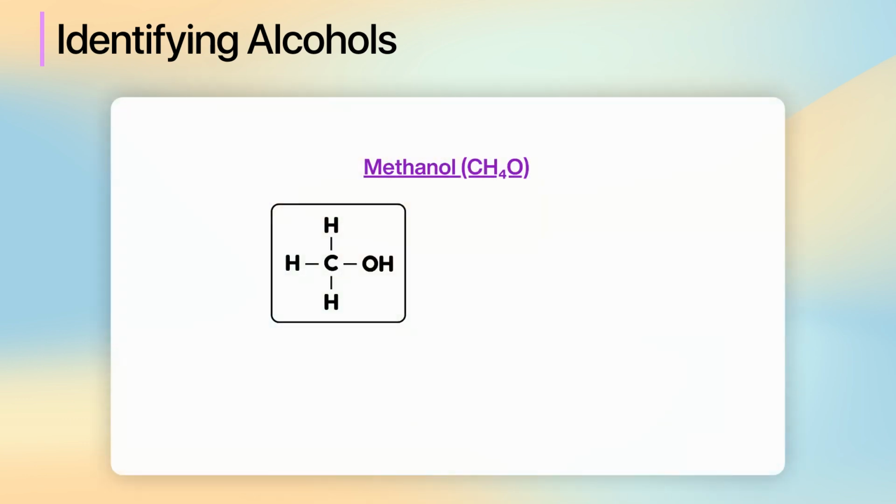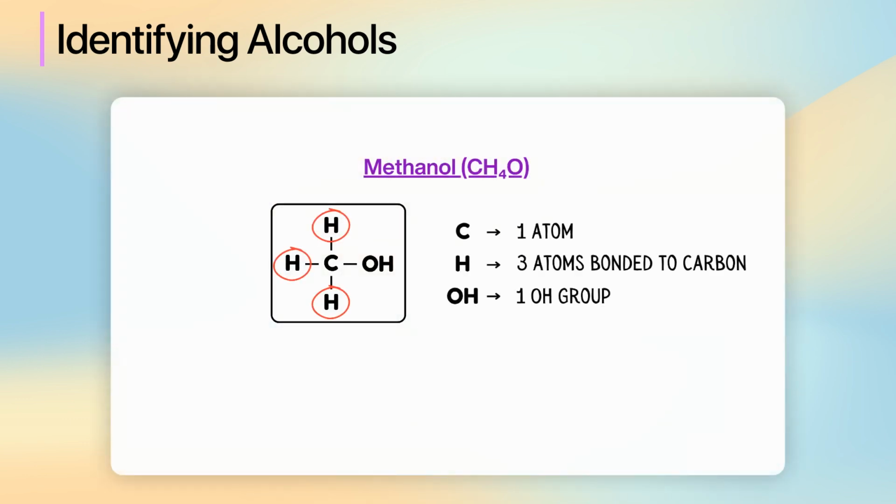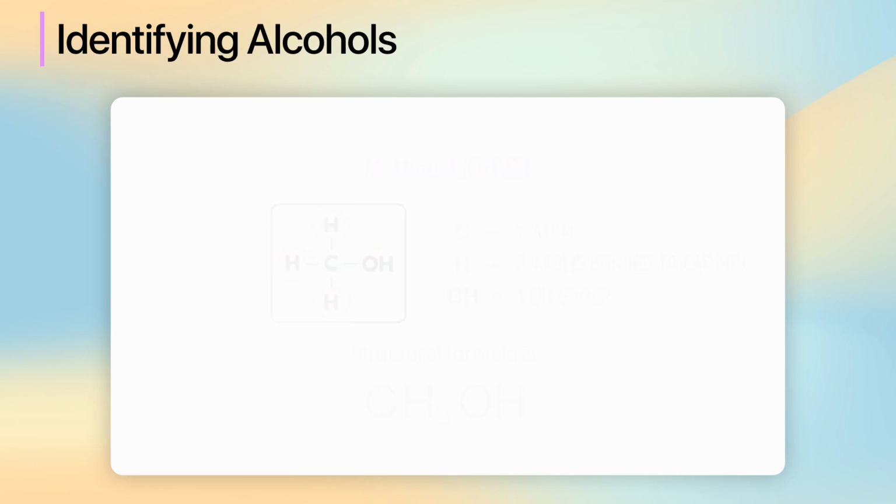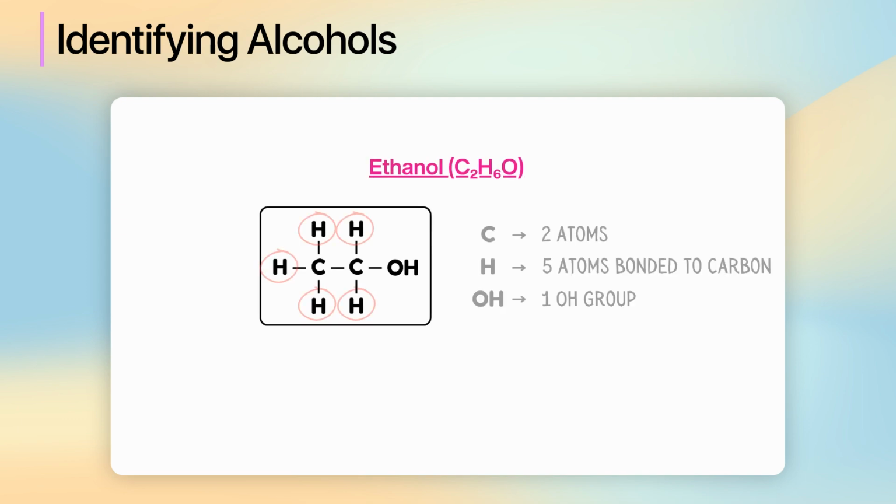Alcohols are named based on the number of carbon atoms they contain, similar to alkanes and alkenes, but with the suffix -ol. Methanol is the simplest alcohol with only one carbon atom, which is bonded to 3 hydrogen atoms and an OH group. Its structural formula is CH3OH. Let's try another example. Ethanol has 2 carbon atoms, with one attached to 3 hydrogen atoms and the other attached to only 2 hydrogen atoms and an OH group. It has the structural formula